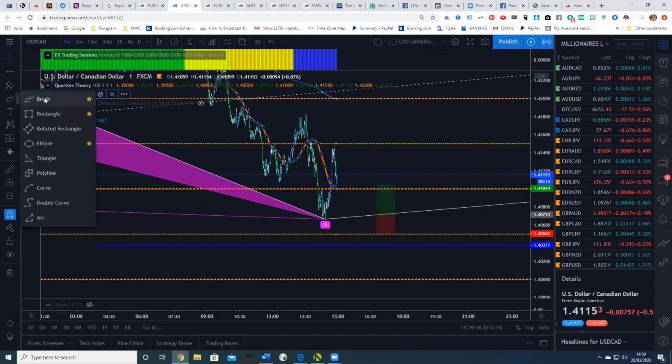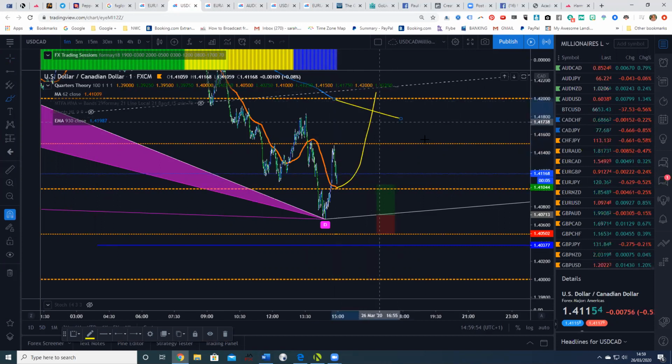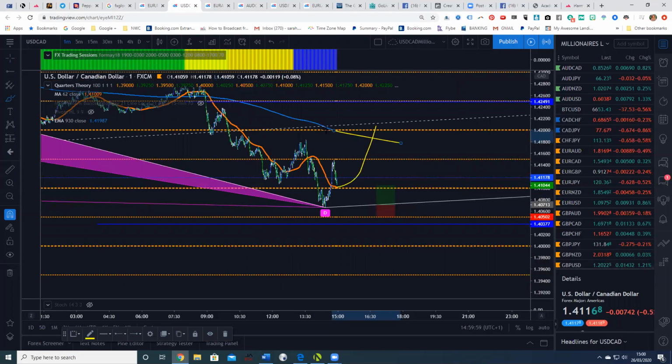The current momentum in the market is on the 1 minute. So I want to see that orange line come up and cross above this 15-minute. So to save me trying to get that down, to save me switching to the 15-minute time frame to see where the 62 is, that's showing, I've drawn it as 930. So when I'm on the 1 minute chart, I can see where the 1 minute EMA will be on the